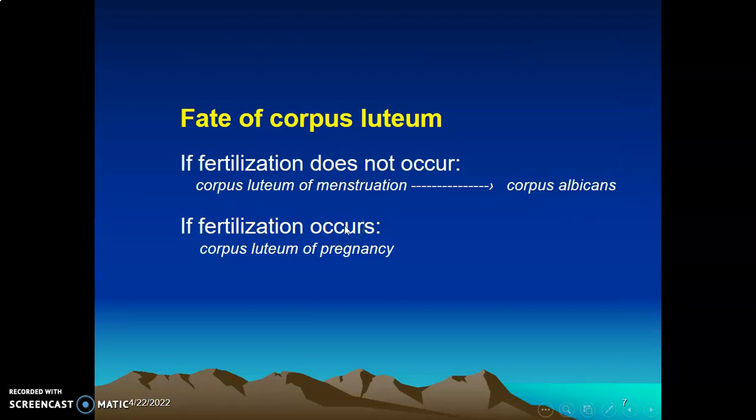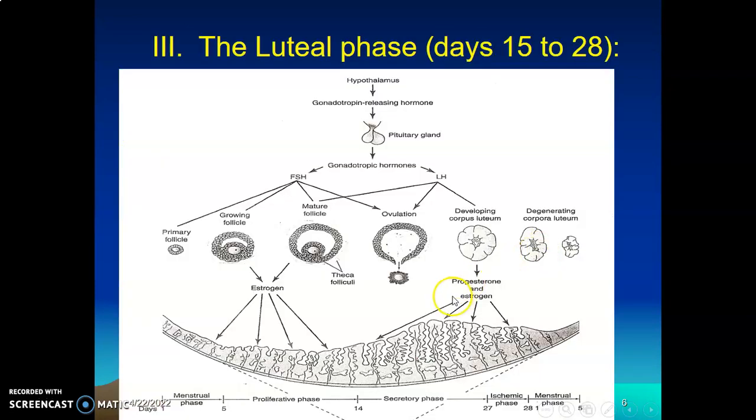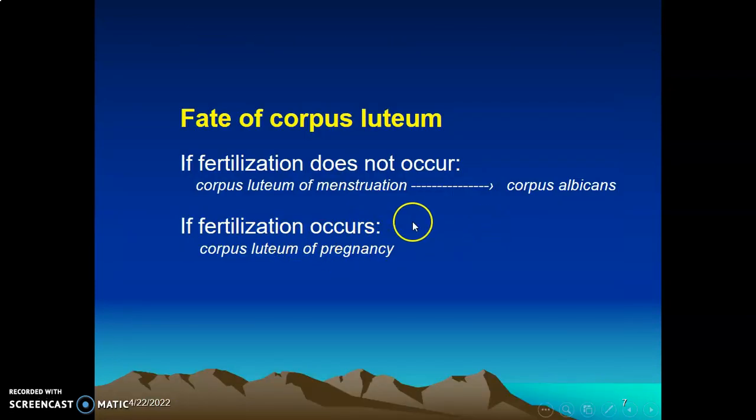So if fertilization occurs, what happens? If the ovum that has been released goes to the ampulla and it is fertilized by a sperm, it means a zygote is going to form. So we need to support the developing embryo. So the corpus luteum has to continue producing progesterone that will support pregnancy up to a point where the embryo has implanted and placenta has formed. So corpus luteum of pregnancy is corpus luteum that is actively producing hormones to support the pregnancy before the placenta